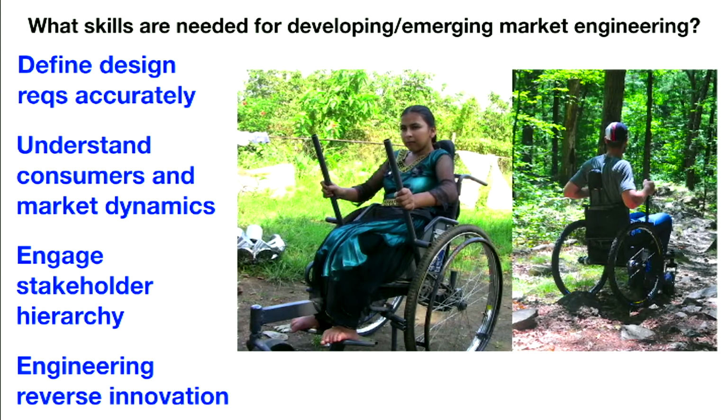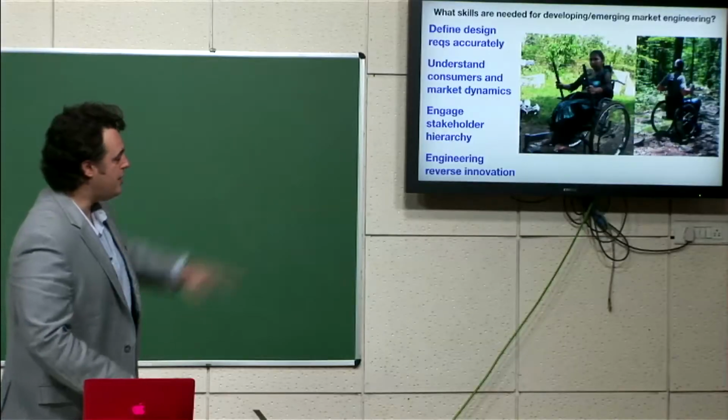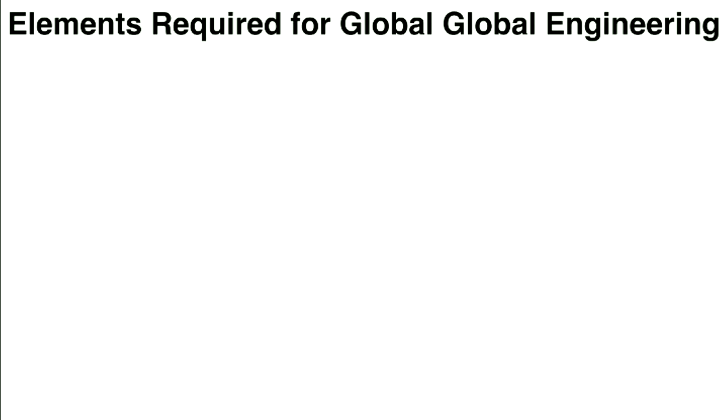And finally is this idea again of thinking about reverse innovation, thinking about whether you can leverage the same product platform with some modifications to make something that'll work in poorer contexts as well as in wealthier contexts. And so you'll hear a bit more later on about this product, the Leverage Freedom Chair, or some of the work I did on it here, which has the same DNA, but the one on the left is one that was made in India. The one on the right is now made in Taiwan and assembled in the US and sold in the US market. Same DNA, but tweaked a little bit between the two markets. Okay,